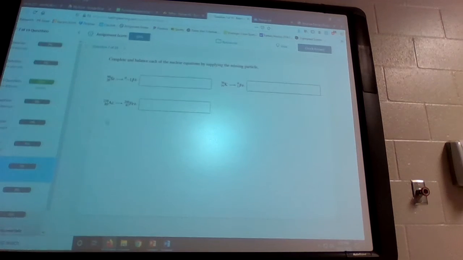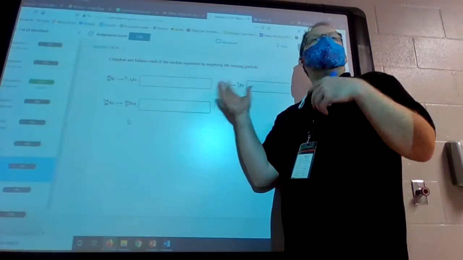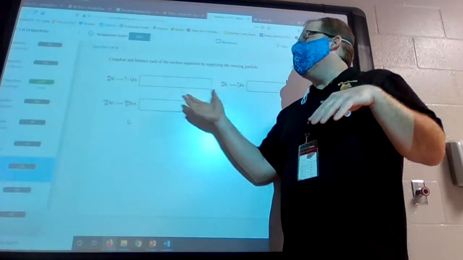Okay, and I'm going to skip over a couple of these because she didn't ask about them. She asked about number 7, 8, 9, and 10. 7, 8, and 9 are all the same. Probably number 6 too. You just need to do the top math and the bottom math and figure out what's